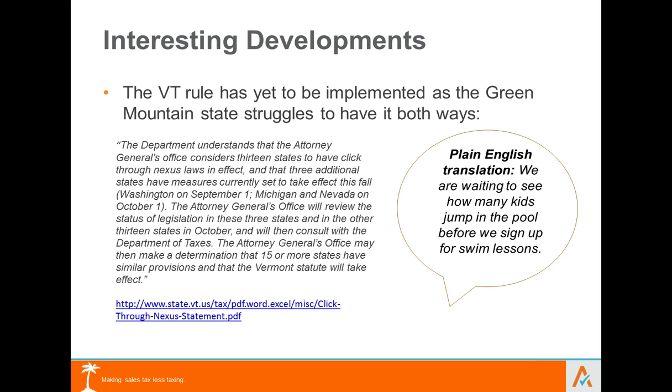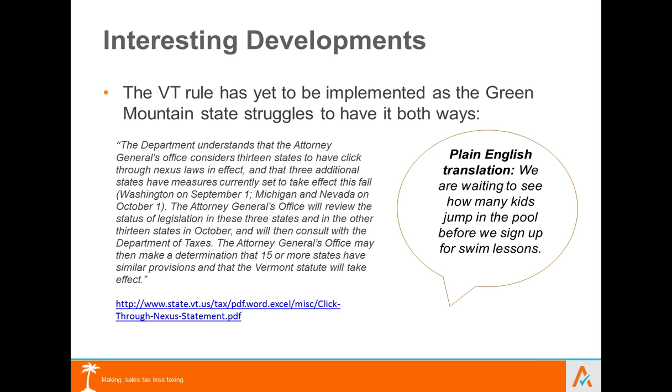Vermont did this interesting thing. I'm rushing just a bit, guys, because we got a late start. But interestingly enough, Vermont says, we're going to create click-through nexus regulation in our state, and we're going to enforce that as soon as the Attorney General certifies that 13 other states have done the same thing, and then we'll be the 14th. So you can see that the states are eager. Some of them are not as eager as others. So it's very interesting rulemaking, to be honest with you. That's why I threw it in there. It's fascinating to me, but that's the regulation in Vermont right now.